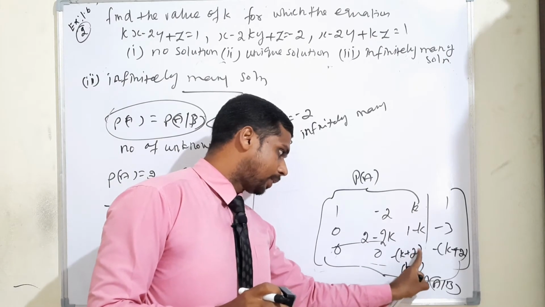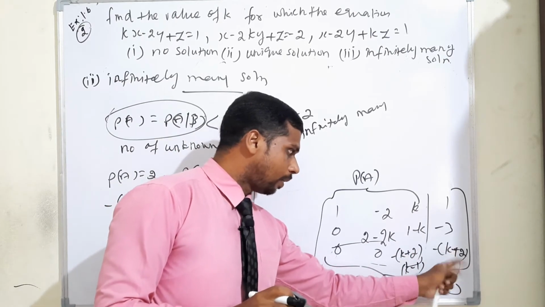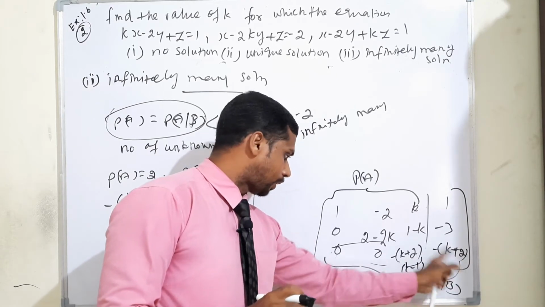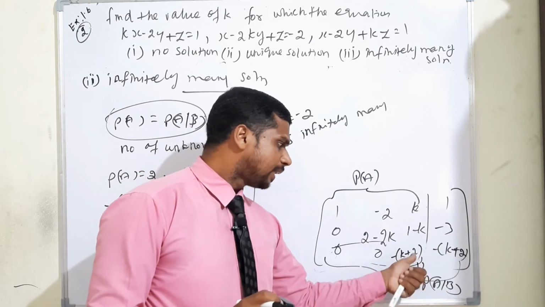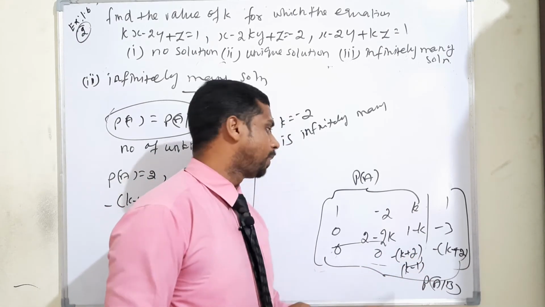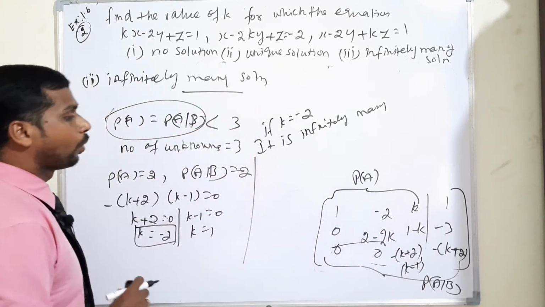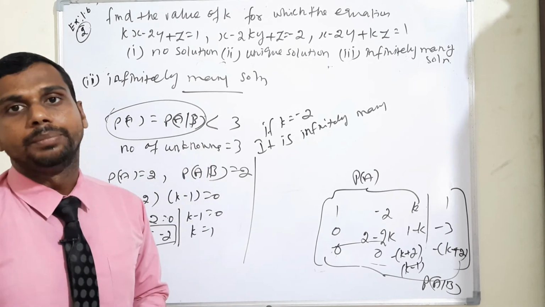Okay, the first condition, k is equal to minus 2. Minus 2 plus 2 means 0. If it's 0, completely 0 will come. There is also the second part, and if we consider minus 2, minus 2 plus 2 means 0. So if both the terms are 0, the completely third row we can show as a 0 row. If it's a 0 row, only the first 2 rows are non-zero rows. If the first 2 rows are non-zero, we can say rank is less than 3. Therefore it is called infinitely many solutions.